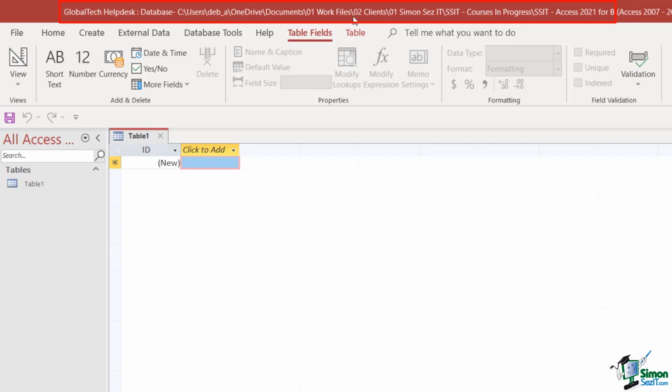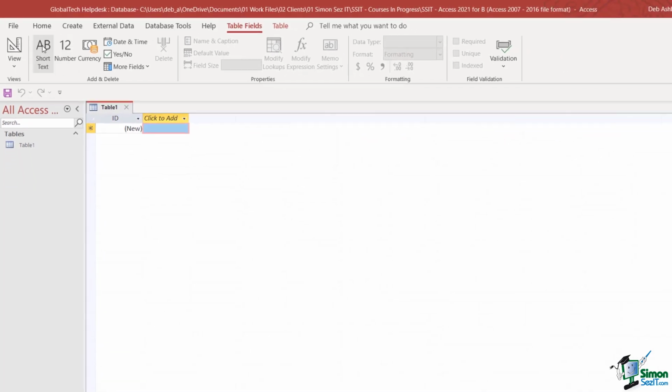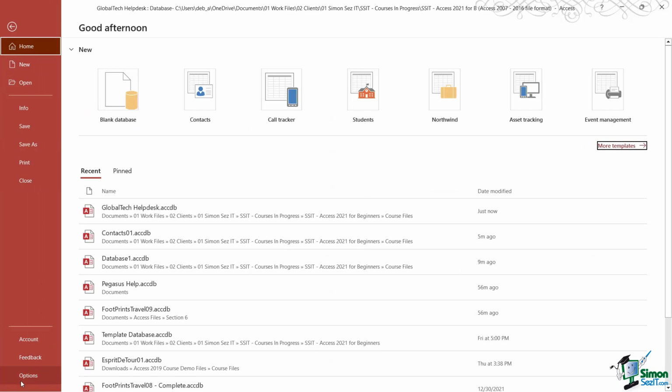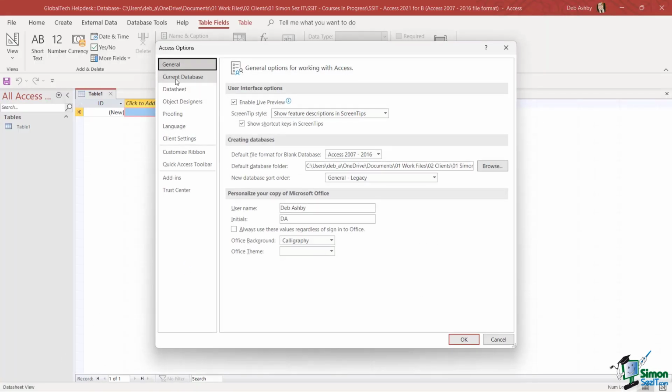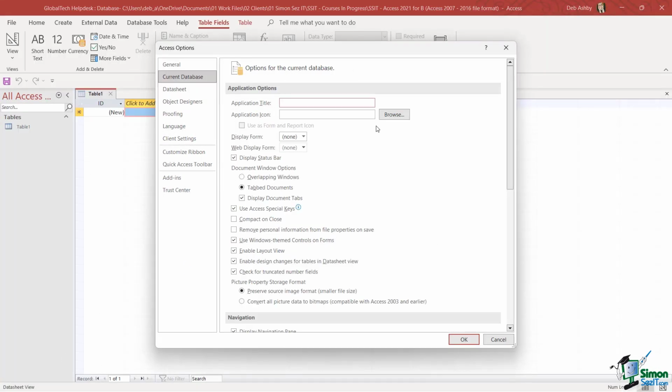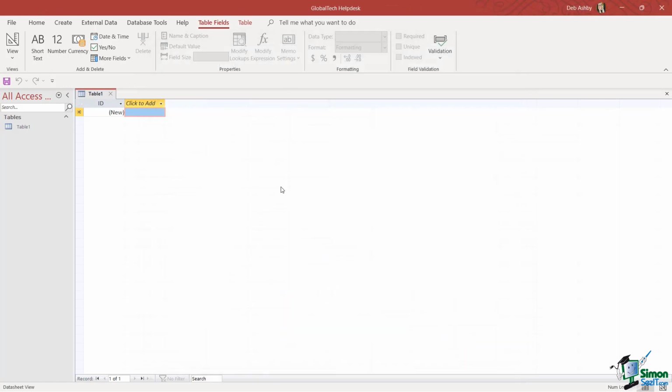And that's because it's including the entire file path in that title area. So the first thing I would do here is make sure that I change this. We saw how to do this. We go to File, down to Options and Current Database, and we can put whatever application title we like. So I'm going to call this Global Tech Help Desk, click on OK, and that now looks a lot